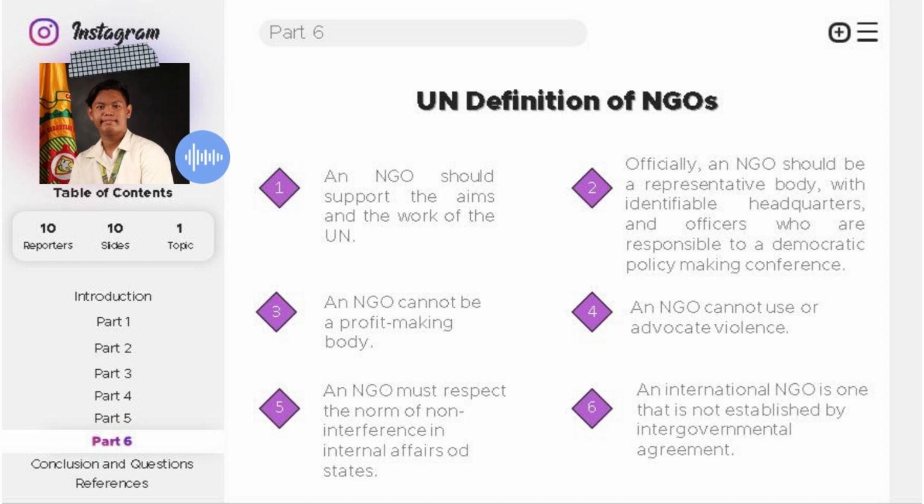Number 5 is an NGO must respect the norms of non-interference in internal affairs of state. Dapat irespeto ng NGO yung norms or culture ng internal affairs ng isang bansa. And lastly, number 6, an international NGO is one that is not established by intergovernmental agreement. Yung international NGO is hindi siya in-establish ng international governmental agreement. Most likely, they are voluntarily